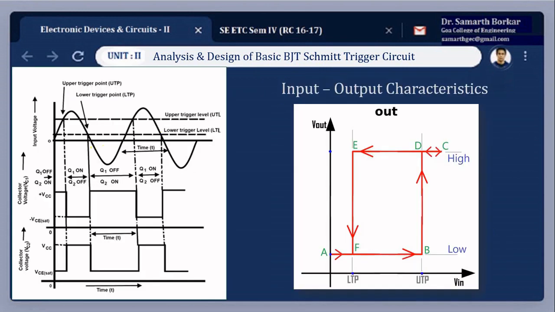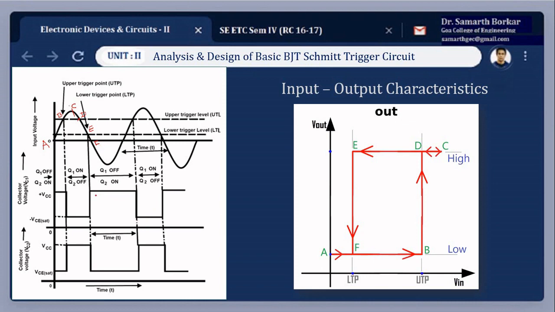Now here you can observe the waveform. This is the input signal which rises from 0 to maximum, then again back to 0 and minimum. So we can mark this as A. This value here is B. Here it is C, the peak value. This point on the signal is D, which is equivalent to value B. Let us mark this as E, and finally this point as F. So these are the different levels of the input signal.